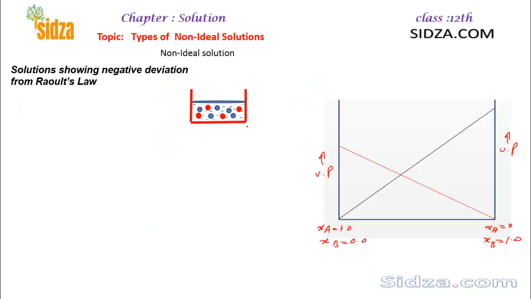Now with a negative deviation, it will be the reverse, right? Suppose you have some solvent molecules and the force of attraction between the solvent molecules is weak. Let's take an example of acetone. Suppose we have an acetone molecule here. Acetone is our solvent, and we know that between the acetone molecules there are weaker forces of attraction. Van der Waals forces are there, and they are weak. But if you add chloroform in the acetone,